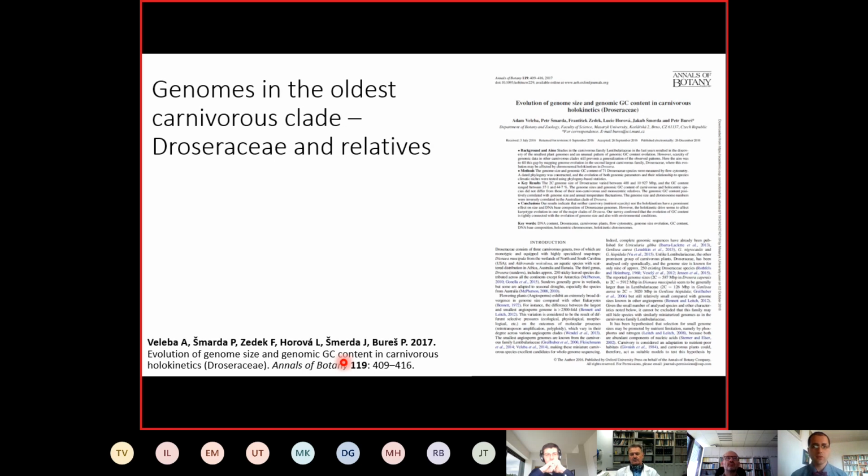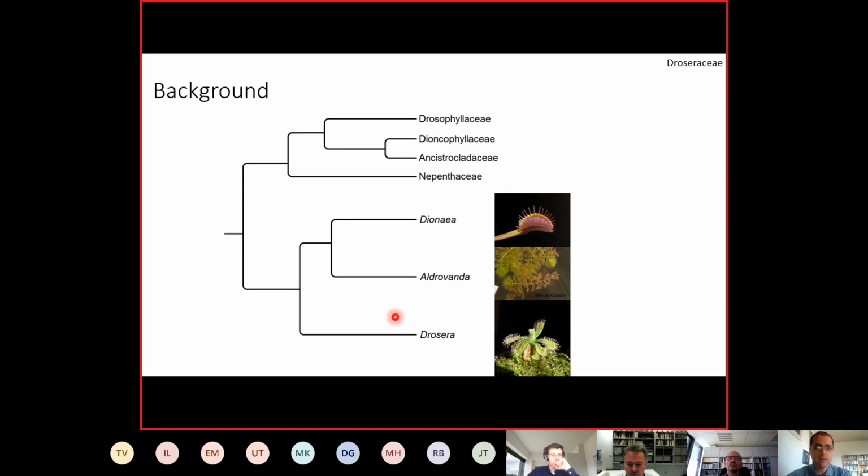So we analyzed genomes of carnivorous plants in the order Caryophyllales, with special emphasis on genomes of Droseraceae. The Droseraceae, which is one of the major clades of carnivorous Caryophyllales, share in the meaning of traps the ability of movement. In genus Drosera, the traps can move only slowly and mostly in a limited way, but the movement in snap traps of Dionaea and Aldrovanda is remarkably unique and very popular.